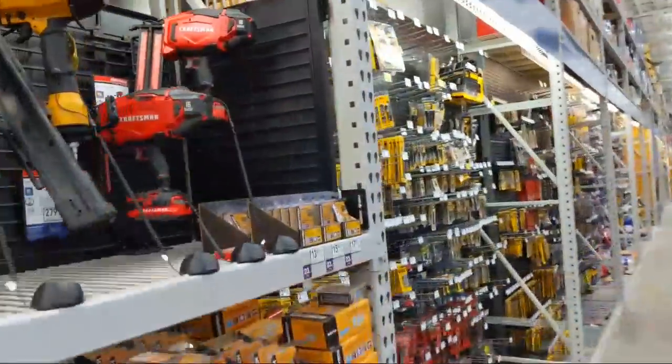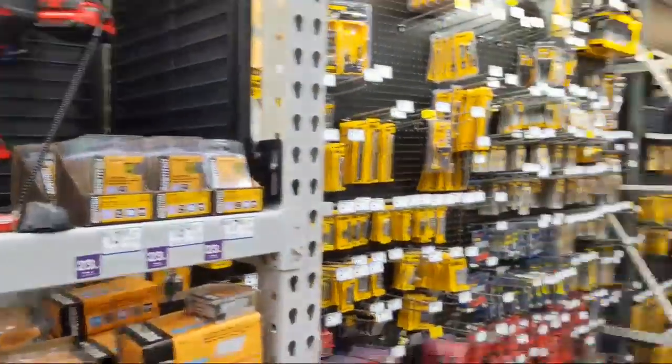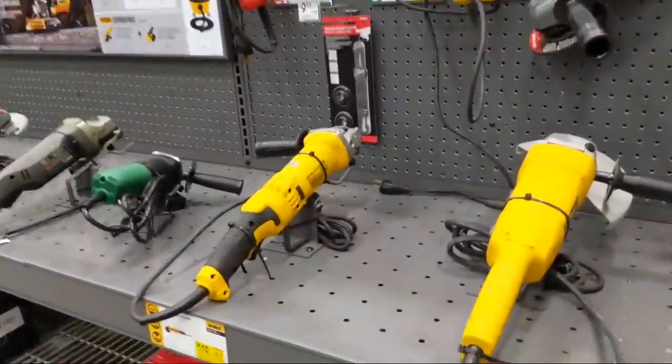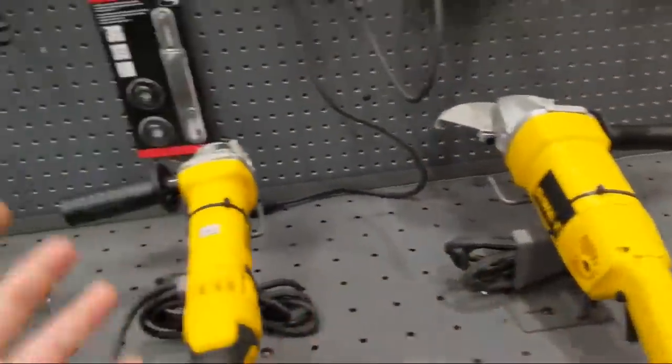Don't apologize. I want to blame the globe part, but new stuff rolling out of the DeWalt plant is hit or miss. This is the thing. I mean, they're tried and trues I think you can depend on. I think that if you were to pick up these grinders, you'll probably be...